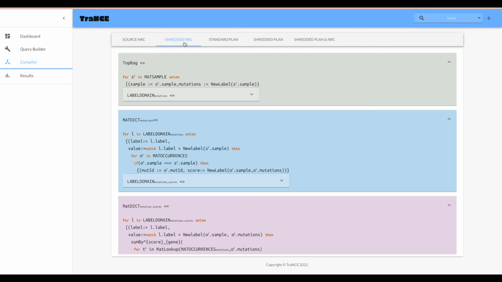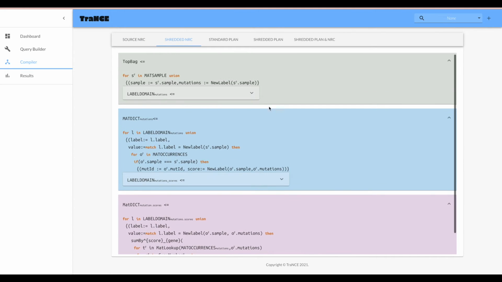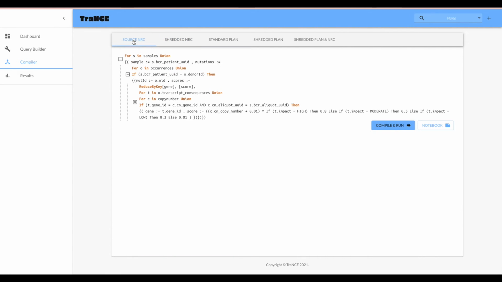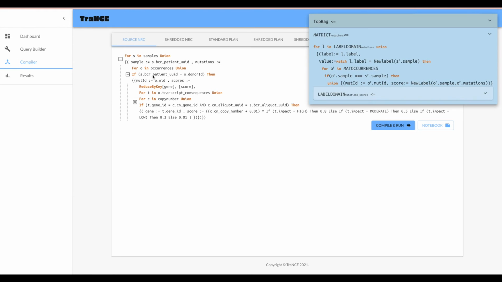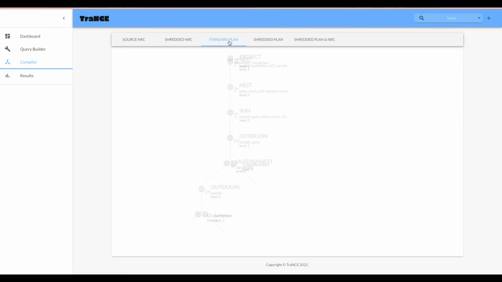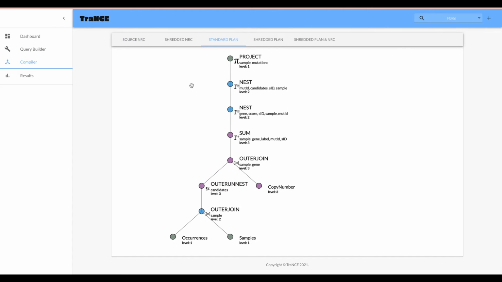So we'll go there now and we'll see we do have these 3 flat expressions here, and we can explore the label domains if we want to. So going back to the source Nrc, maybe it's a bit confusing to see the shredded Nrc alone. You can hover over the occurrences to see the associated shredded expression. You can also go over to the standard plan and you can see the plan associated to the standard compilation